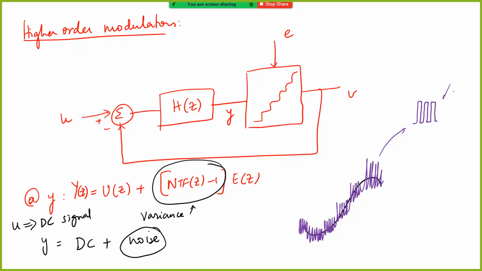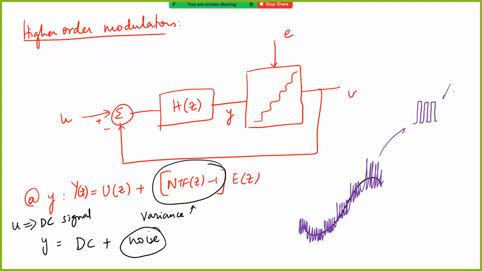Okay. So maybe I'll also try to show this in one of the subsequent classes. If you have a 1-bit quantizer, the output would be either 0 or 1, right? And what you would see there is a pulse width modulated signal. You have oversampled it so much, and of course, when you pass it through a low pass filter and other things, you get back your original signal.